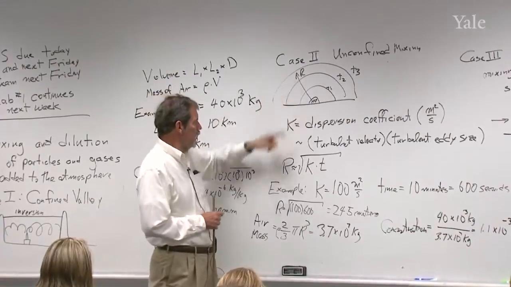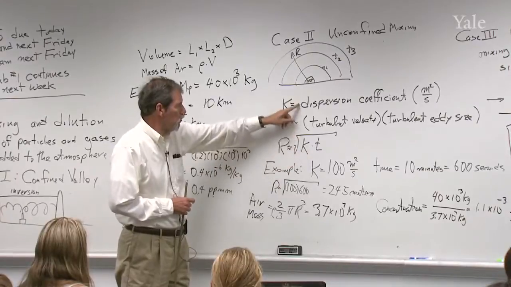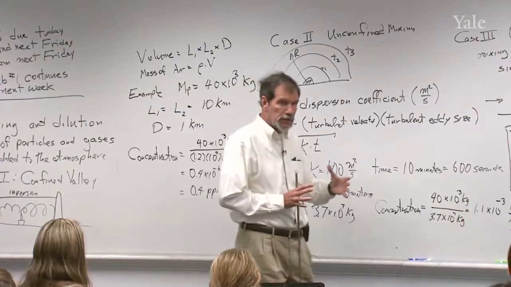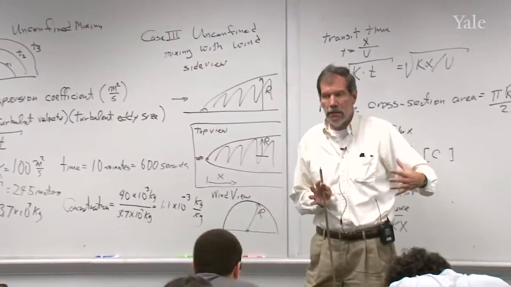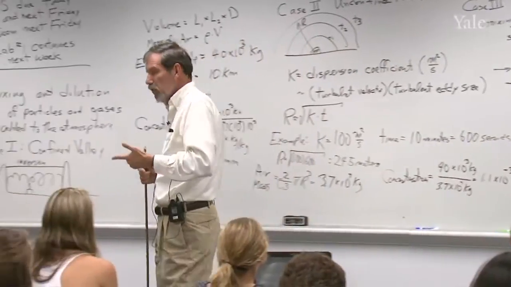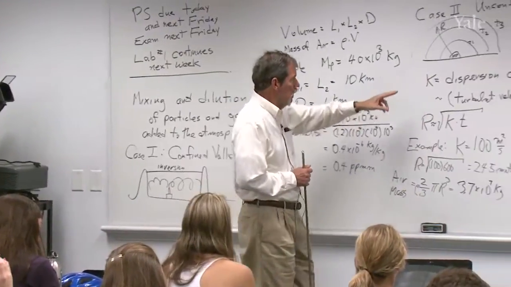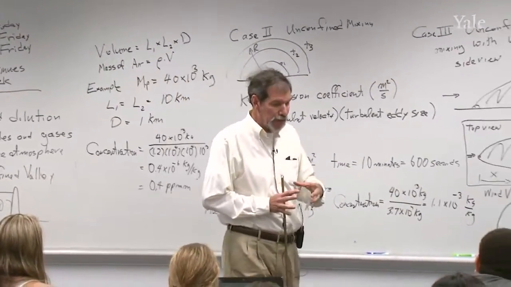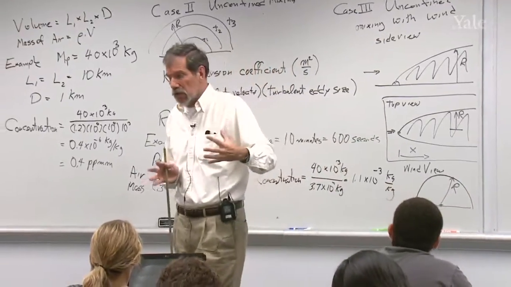And the radius of that hemisphere is given by this formula, the square root of the dispersion coefficient times time. So the longer you wait, the larger that hemisphere will be, and of course the more dilute will be the pollutant, because you've put a fixed amount of pollutant in, unless you're continuing to add it. I'm assuming the problem I'm going to work out here, you put in just a fixed amount of pollutant, and then gradually you watch it dilute itself as it mixes into a larger and larger